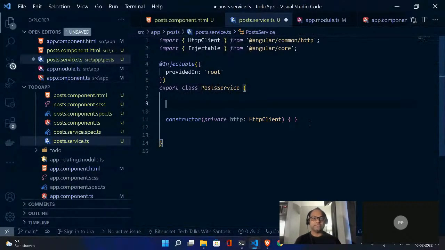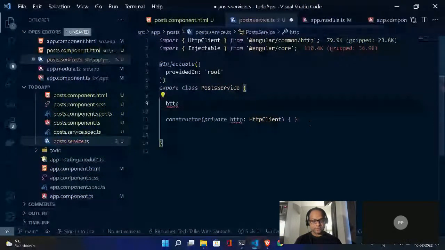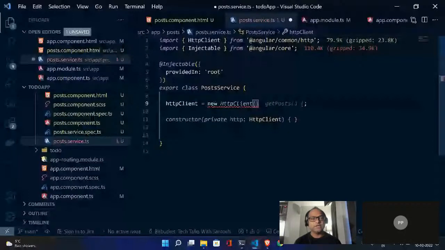If I cannot use dependency injection, what I will be doing? So I can do something like this. I can say, okay, this is HTTP client, sorry, equals to new HTTP client. So generally, this is how you create a class in a programming language, and this is something which you will use to create a new instance, right? Apart from some languages, of course.